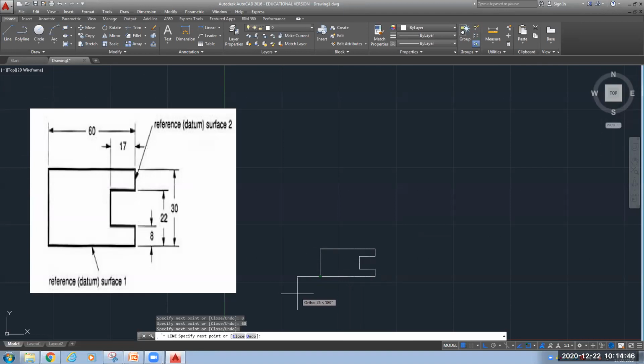Now, since our drawing is complete, we need to come out of this line command. Here you can see in the command line, we are still in line command. So for this, I will press the escape key from the keyboard. Once I press it, you can see it says cancel. So the diagram is ready. I need to zoom it. So for that, what I will do, I will reduce its size because it is looking very big.